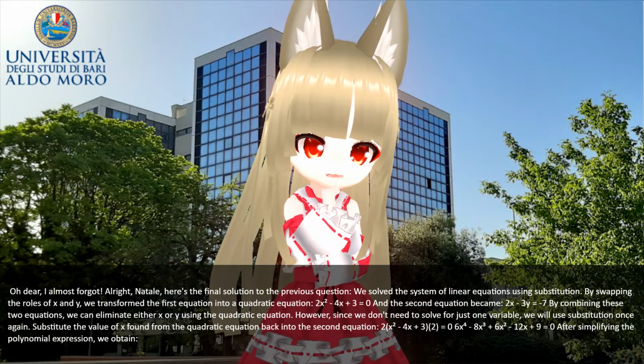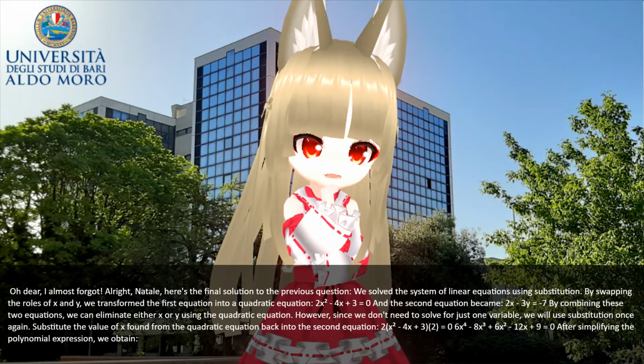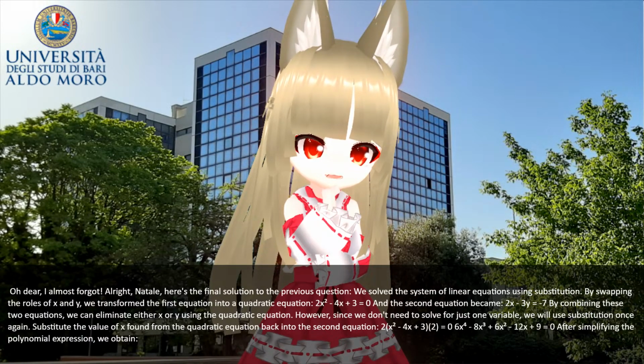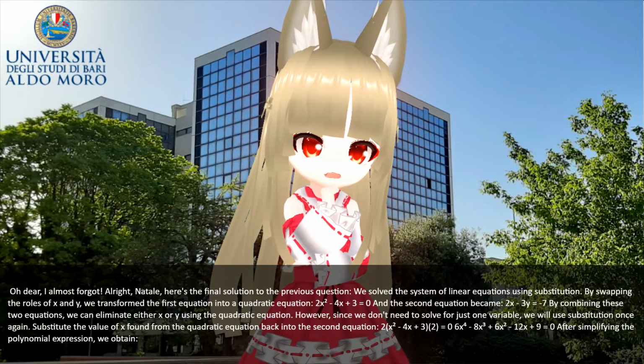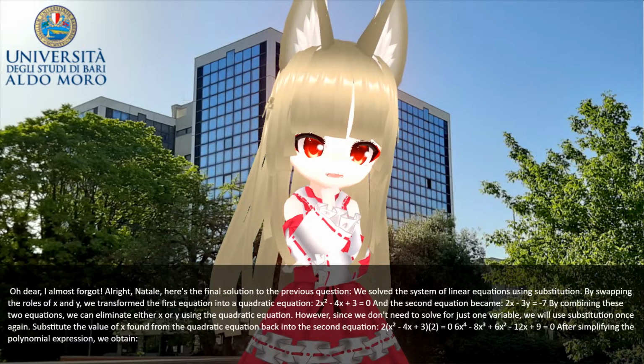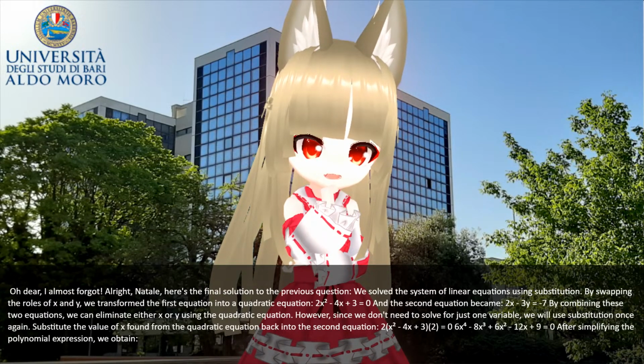By combining these two equations, we can eliminate either x or y using the quadratic equation. However, since we don't need to solve for just one variable, we will use substitution once again. Substitute the value of x found from the quadratic equation back into the second equation. 2(4x + 3y) = 0, 6(2x + 3y)... 12x + 9y = 0. After simplifying the polynomial expression, we obtain